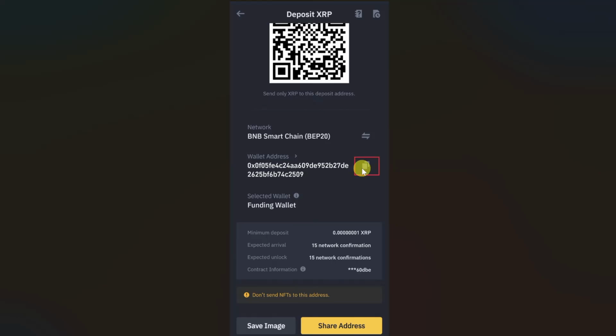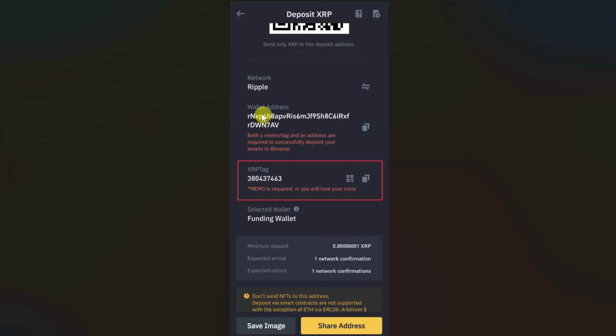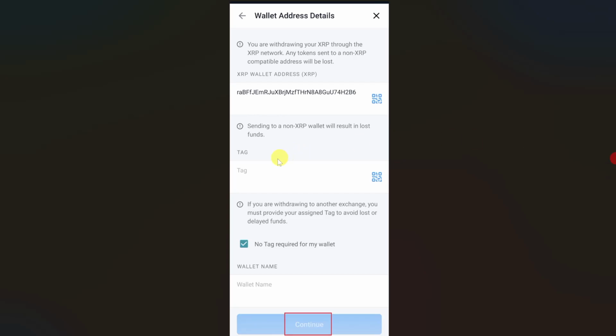So just click on this copy button right next to your wallet address. Then paste the wallet address in this area. And if they have provided any tag for your Binance wallet address, you also have to paste the tag in this second box. So if you have selected the Ripple network, they will also provide the XRP tag. So you have to just copy this XRP tag by clicking on this copy button and then pasting this tag